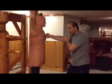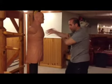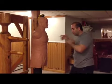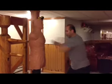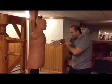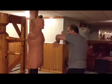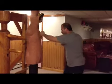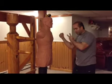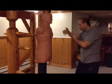I hit. If you notice, I can see the extension of the arm. I don't pull it back. JKD is non-telegraphic, so I don't telegraph it here. So I just hit. 1, 2, I hit. 1, 2, I imagine the punch coming. You can notice I'm throwing with the left lead, but I prefer the right lead all the time. So 1, 2,